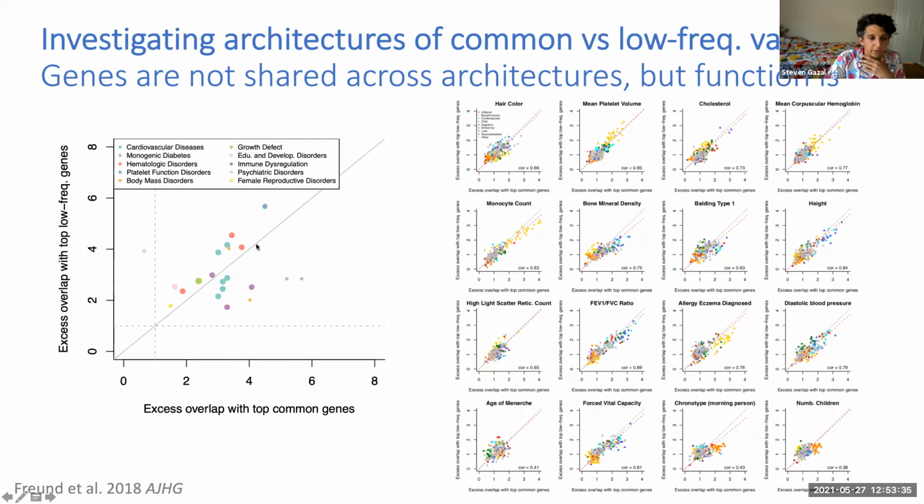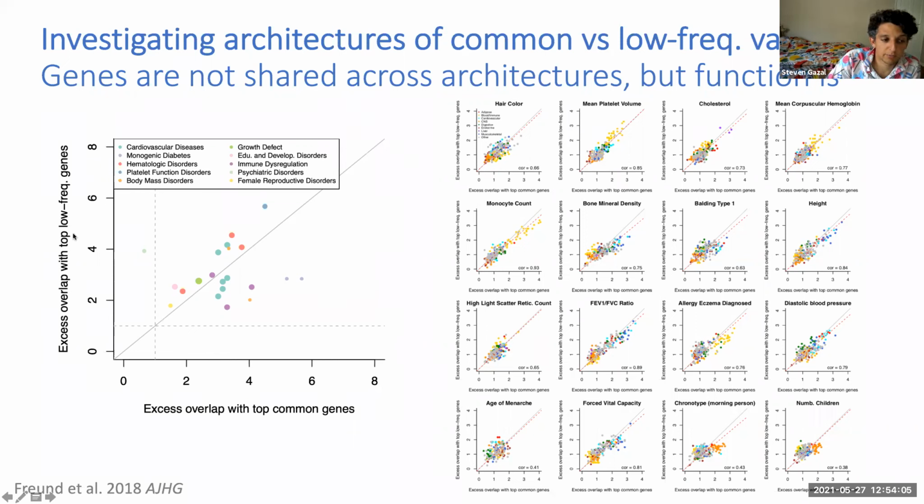Here, each point represents a trait, and the color represents a set of Mendelian genes for a function related to this trait. What we observe is that the top common genes and the top low frequency genes have around the same excess overlap in these Mendelian gene sets,